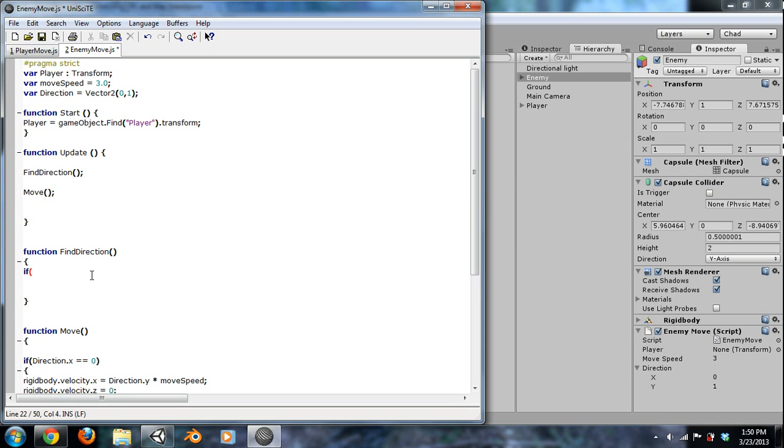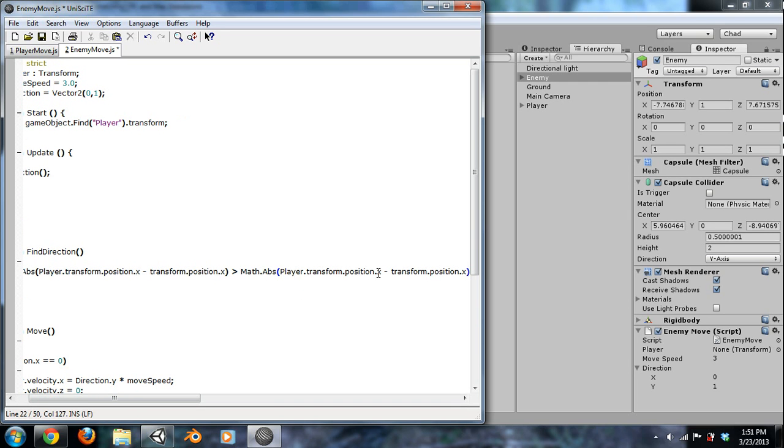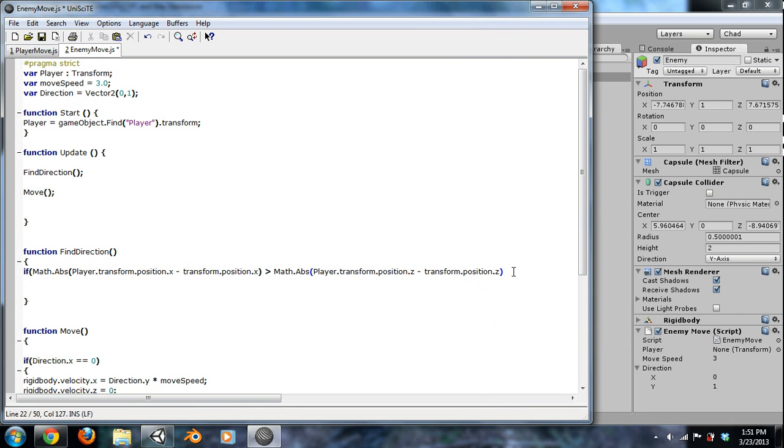So if the math.abs, so the absolute value of the player.transform.position.x minus our position.x, oops, put a position here. If that is bigger than our z length, alright, so if that is bigger, we want our direction